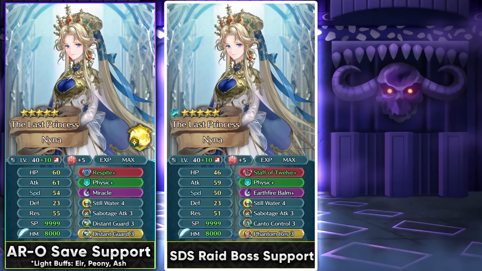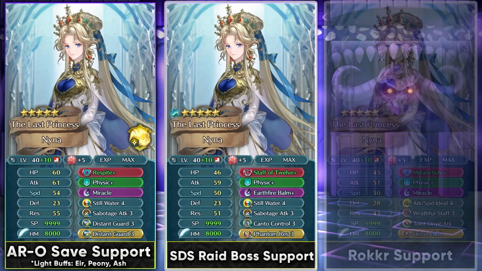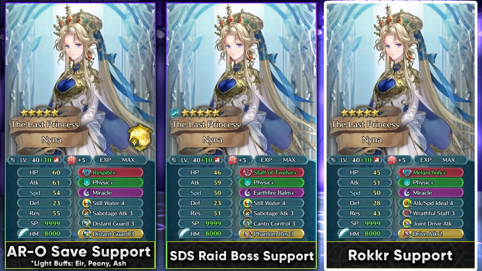If you can have that on every single team, that is ideal, of course, because there are so many Canto units. So if you really like Nyna and want to use her in Summoner Duels S, this could be possible. And finally, you can also use her in Rokker Sieges with something like Melancholy Plus, for example, which is essentially just resetting their special. Her Respite Plus is useful, but some of the Rokker units do have special acceleration skills in their base kit. So in that case, Melancholy does help you,